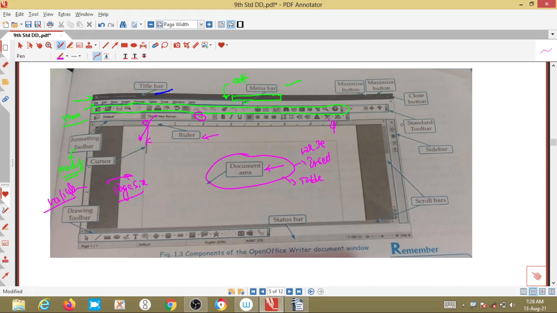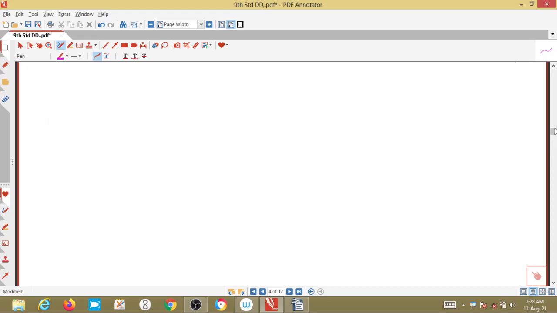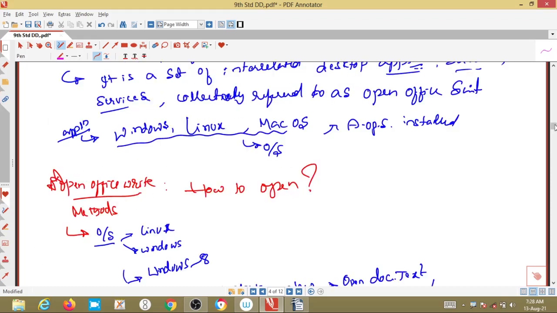Then there are scroll bars. Here you can observe this is a scroll bar, which I am pointing to with the mouse pointer. Below also there will be one. In order to move the page up and down, we use this. If I press and hold, it moves, so that is scrolling.